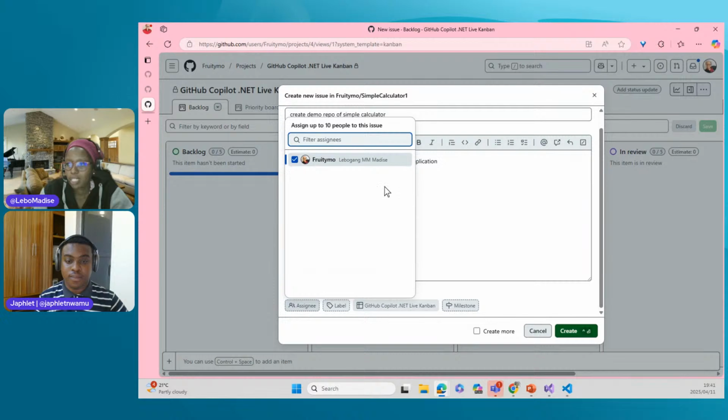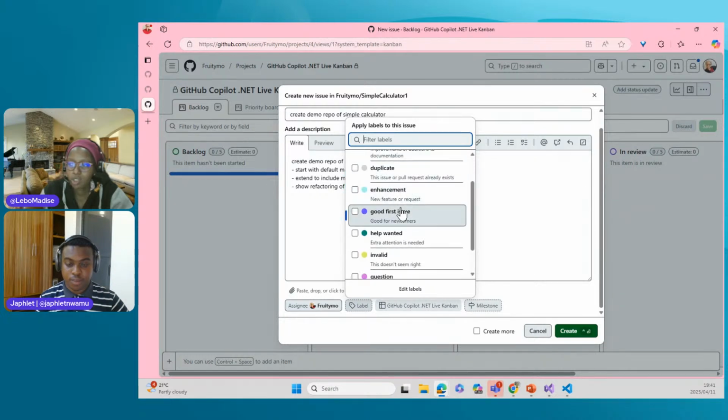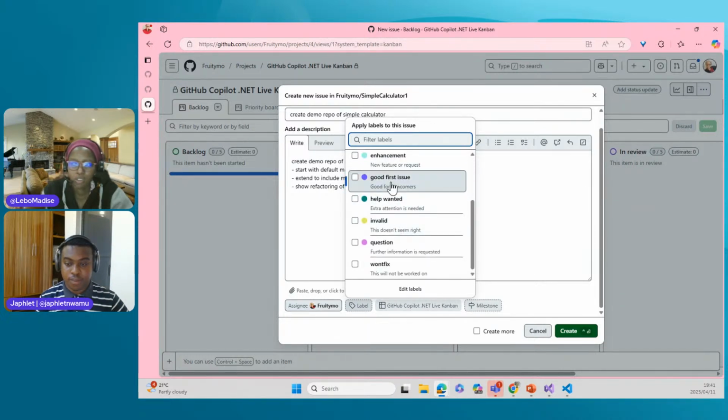I'm going to assign it to myself because there's no one else in this project. So I have no visibility of other team members. But if, let's say, I want to invite someone to this project, and I will show you now, it will have them as an option there as people that I can add. But in the meantime, I'm going to just assign this to myself. And then it asks for labels. Is it a bug? Is it documentation? Is it duplicate? So I'm going to mark it as a good first issue, especially for someone who's new in the team and maybe wants to contribute by doing this. I'm going to mark it there,